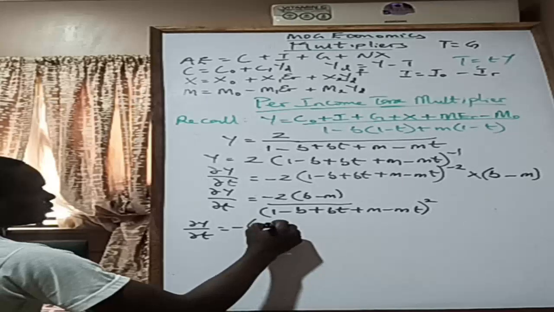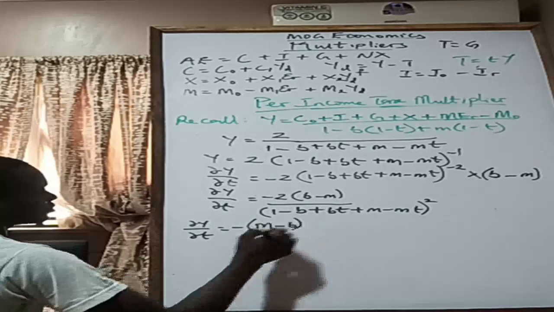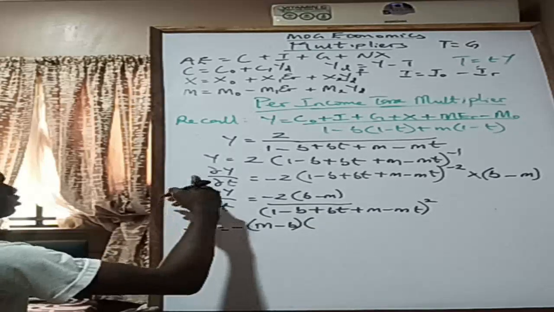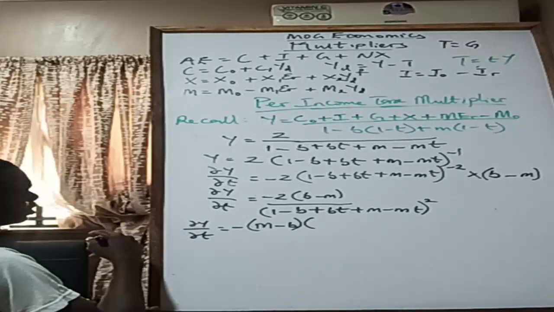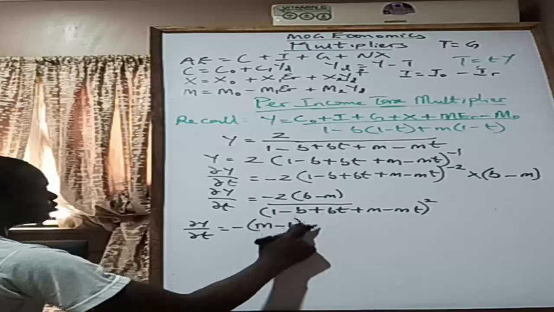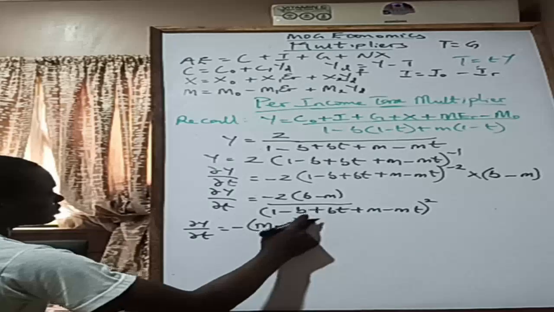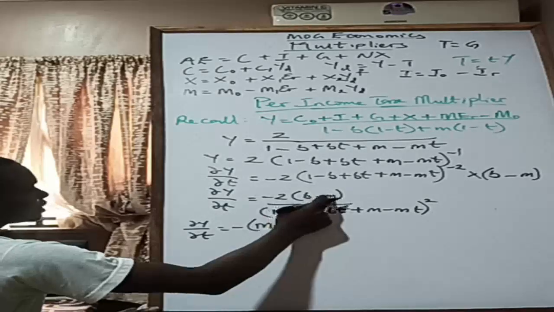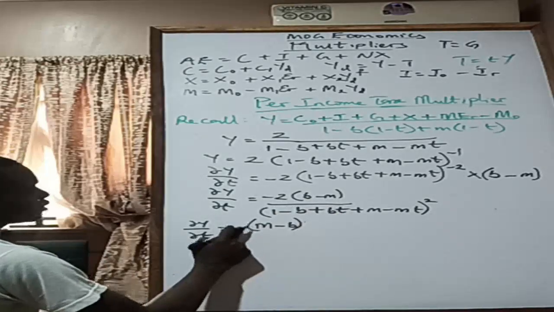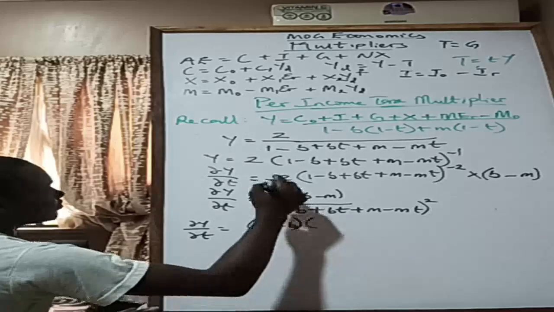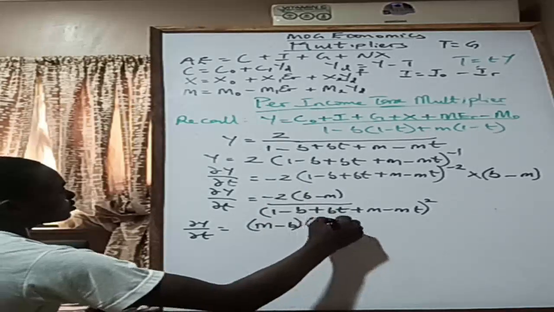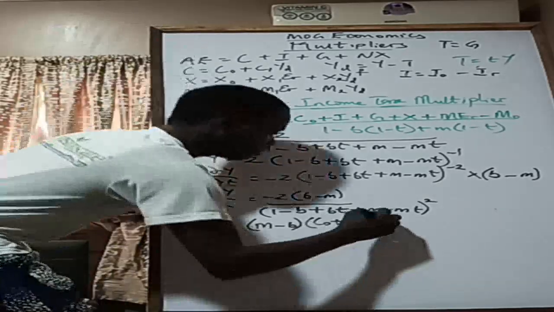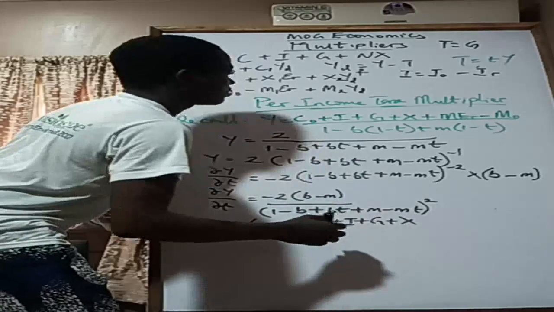m minus b, right? Then into brackets, so the whole thing again. The m minus b into bracket z. So minus times b is the minus b here. Minus times m is the m here. So I have m minus b, then into brackets everything which is c naught plus I plus g plus x,